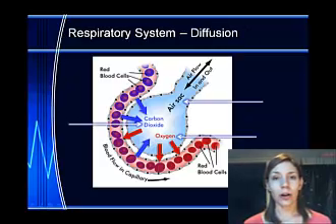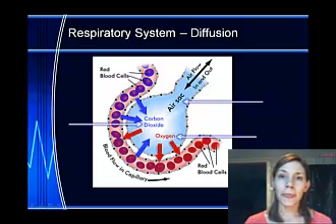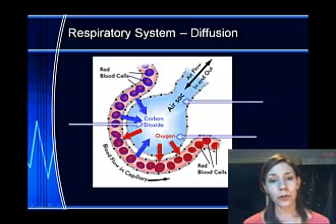So we've got a picture there of alveoli, or alveolus, sorry, which is singular, alveoli is plural, and I've got some arrows pointing to the actual names. The air sac is the little blue bubble, I suppose, and that's within your lungs. If you go to the most minute level in your lungs possible, then you're looking at the alveoli, and that's where oxygen and carbon dioxide diffuse in and out of the lungs. You've also got an arrow pointing to the oxygen, going from the atmosphere into your lungs and then diffusing into your bloodstream. You've also got carbon dioxide coming out of the bloodstream and into the